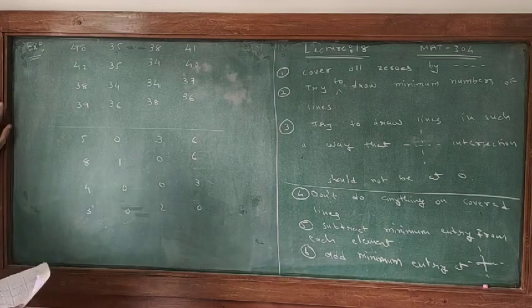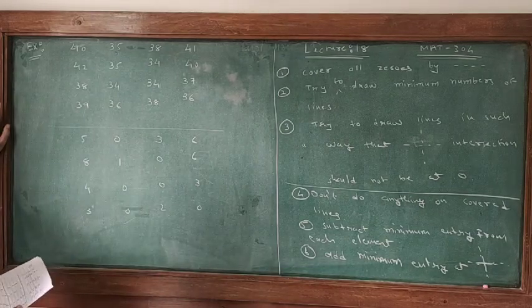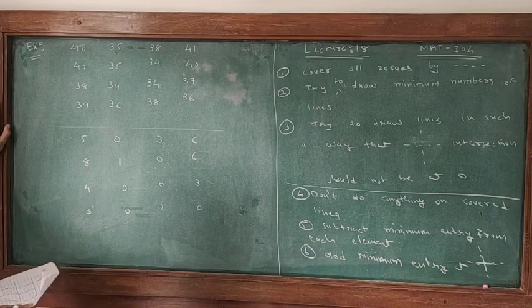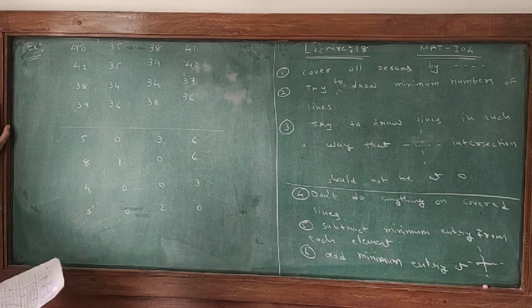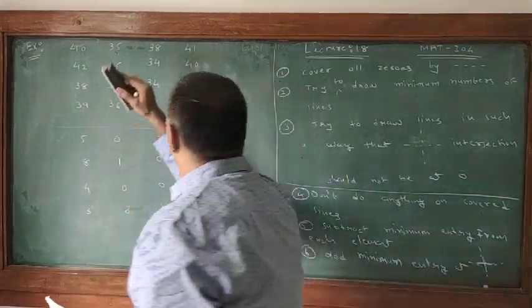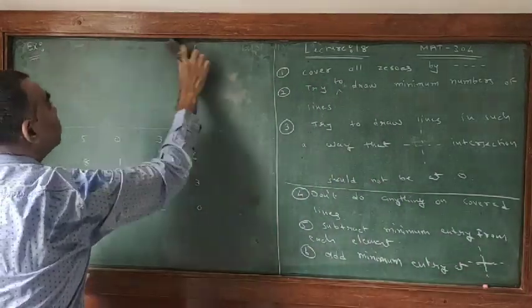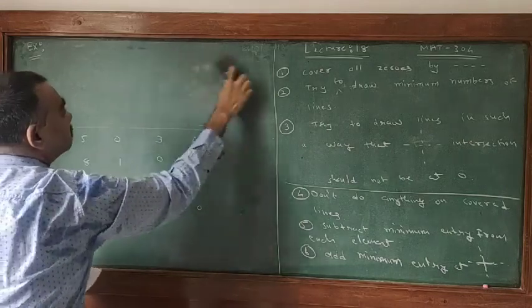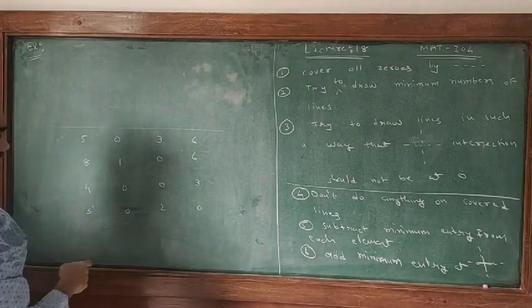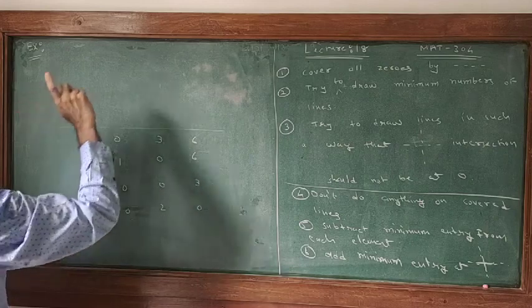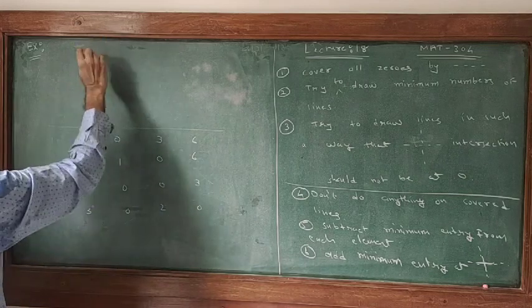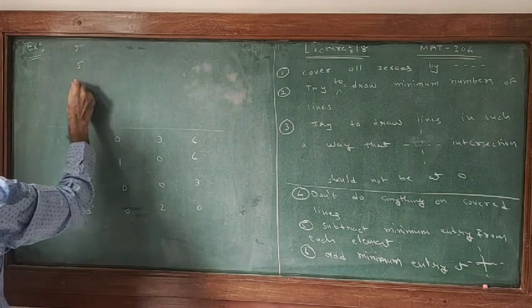5, 8, 4, 3, 0, 1, 0, 0, 3, 0, 0, 3, 3, 0, 0, 2, 6, 6, 3, 0. Okay. Next, what we are doing? We select the minimum number of each column. Now, except this row, there is always 0. So the minimum one is 3, and therefore it is 2, 5, 1, 0,